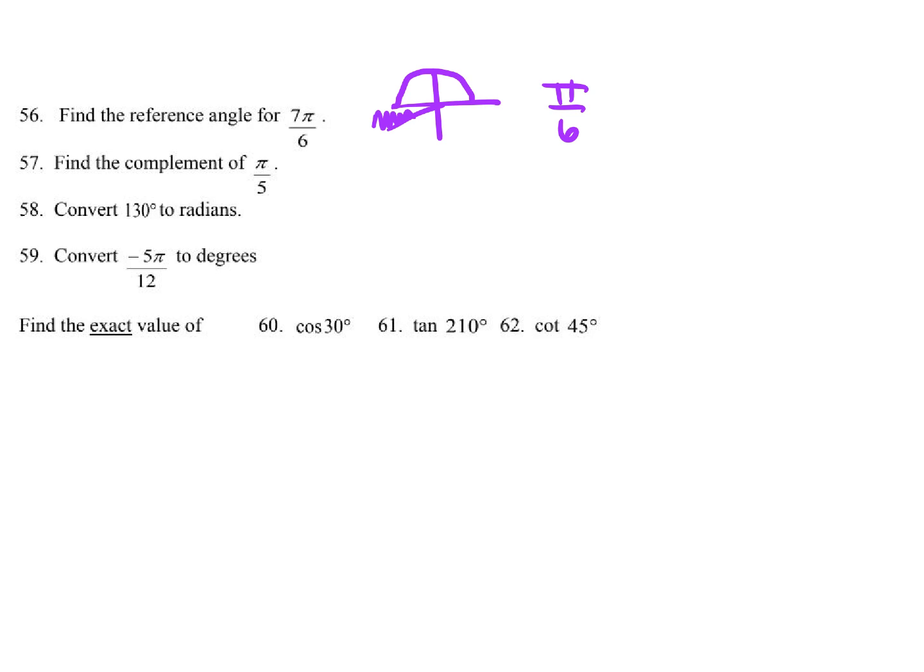Find the complement of something. Complement, remember we changed that into a 90. Complement means 90. So this would be pi halves minus pi fifths. So this is more about fraction work than anything else. Complement is 90, so just know that it's pi halves, subtracting the angle. So the common denominator between these two would be 10, so 5/10 minus